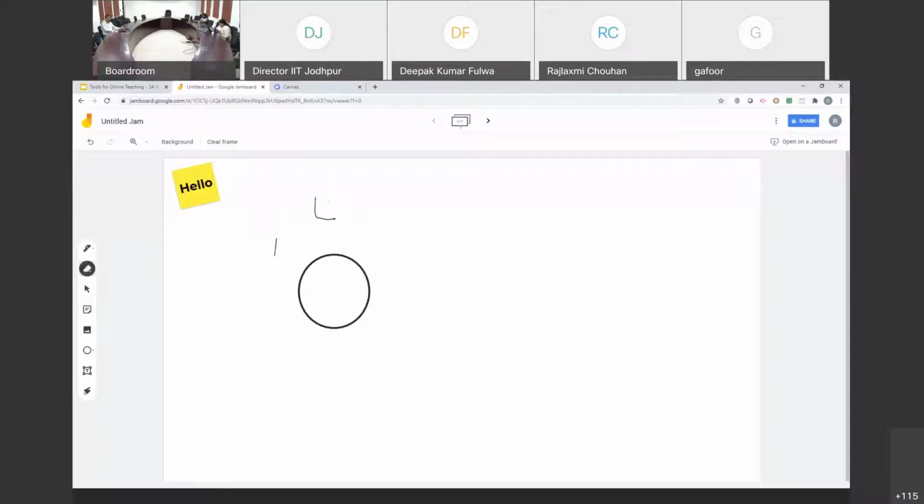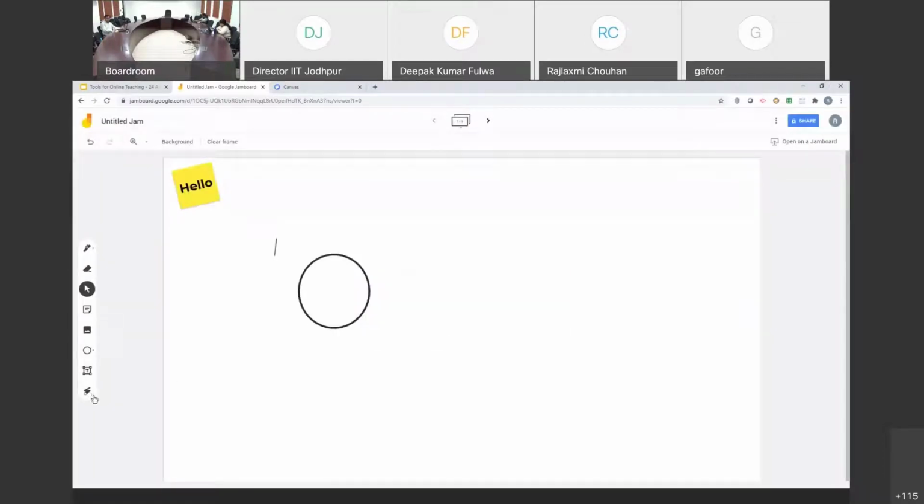So again, I'm facing a lot of lag in Jamboard, but you all may please explore this and see, because Jamboard is now included in our education suite, I believe, right? So it is accessible through IITJ email ID. When it comes to collaborative work, and a group of students want to work or brainstorm on certain ideas together, this Jamboard could be a very good option